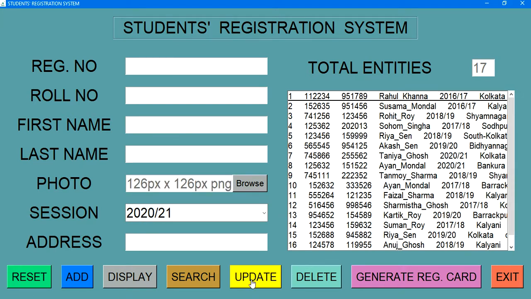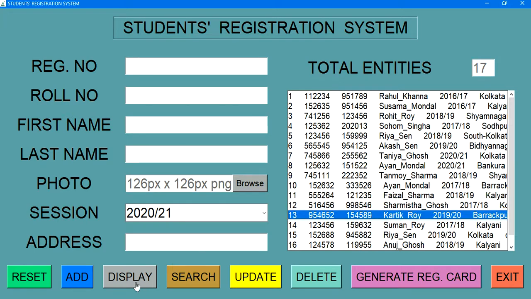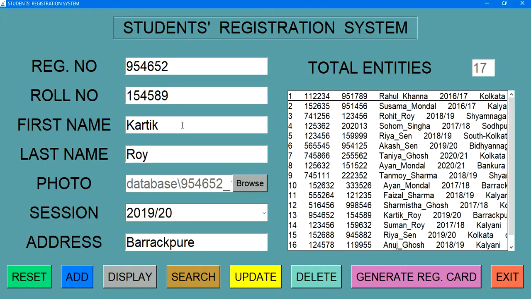Now the update button. You can update any data with this update button. First you have to select the data like Karthik Roy, and then display it. That will automatically fill the entry boxes with Karthik Roy's data.